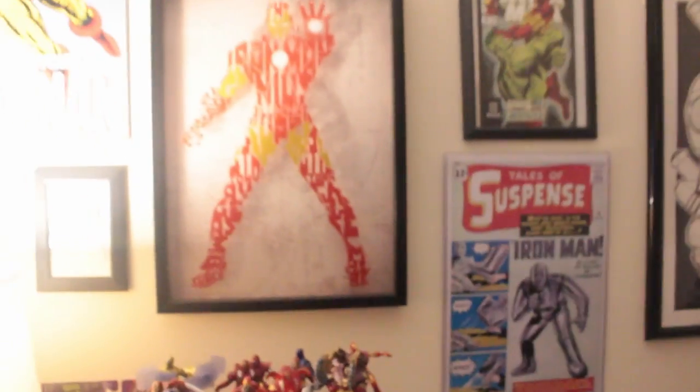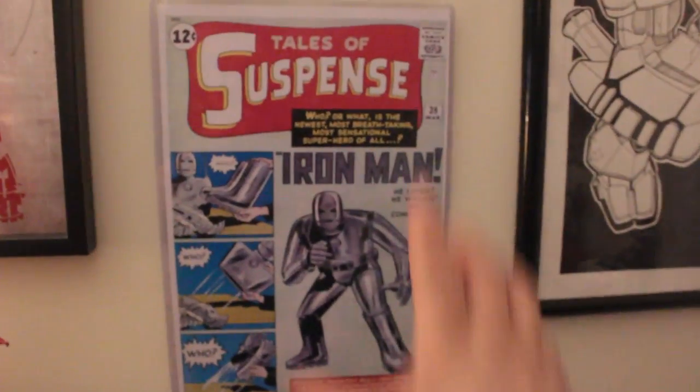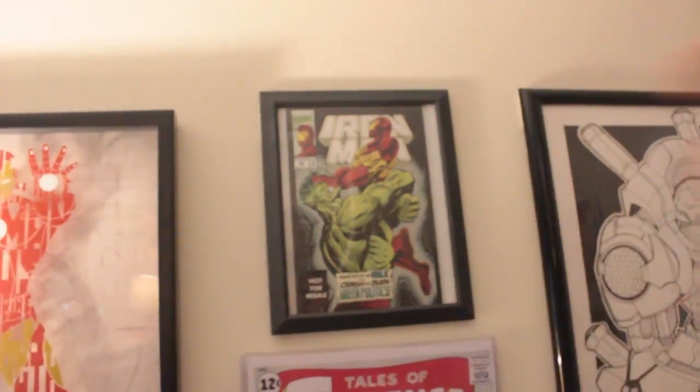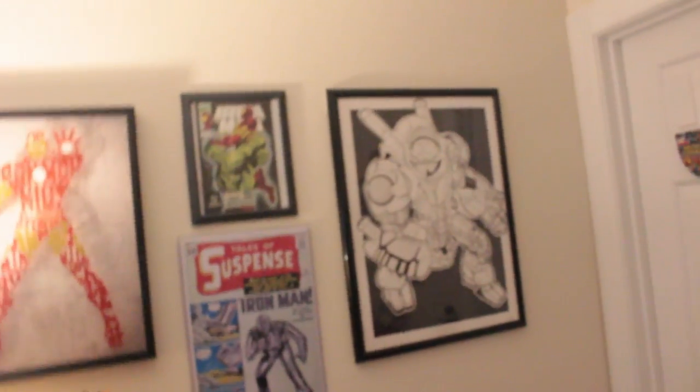I also have, this is my first ever metal poster. My mom got that for me when she went to New York. I have an Iron Man Hulkbuster trading card. This awesome glass metal piece that used to hang right next to my bed when I lived in Massachusetts. This is Iron Man's first appearance. This is a poster I got at Comic-Con. That is a reprint of the first appearance of the Hulkbuster. Technically the second, because he appeared in the issue before at the end, but you know, that's really his debut